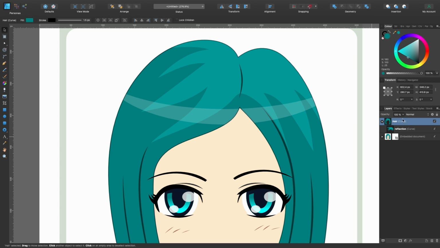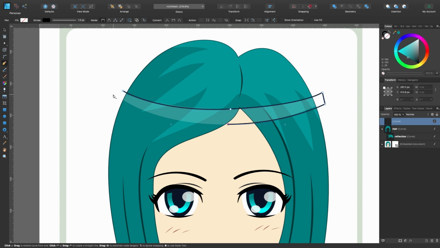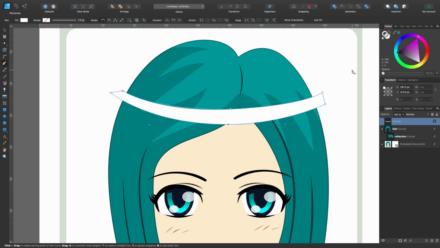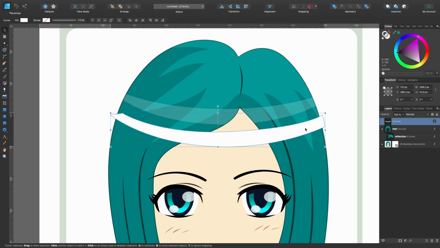So I'm just going to click on top of the hair here, so next time we draw, it will be the layer above that. You'll see now. So I'm just going to go ahead and blast through making this little piece. This should be easy enough for you after doing that hair outline. Okay, we've got our outline. I will just make that fill white and I will grab the stroke and get rid of that. And I'll press V, the move tool, and move it down a little bit.